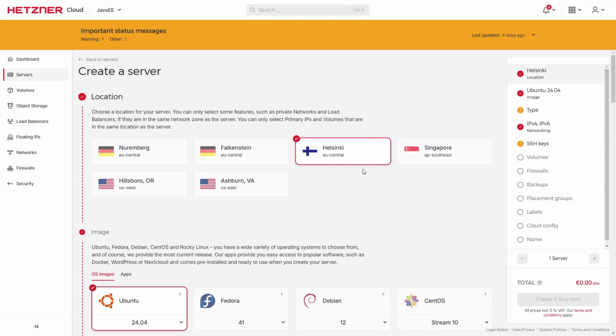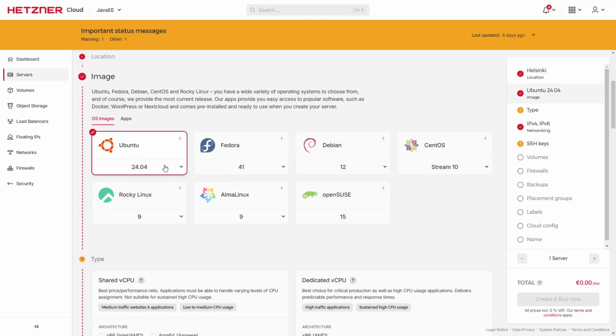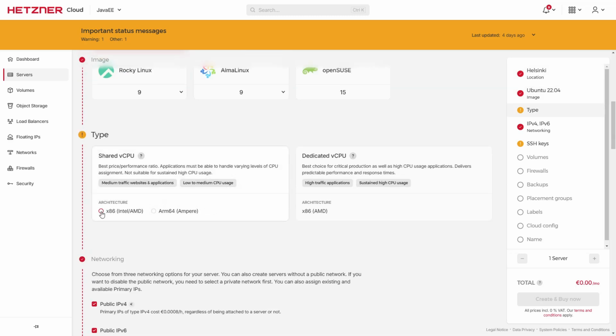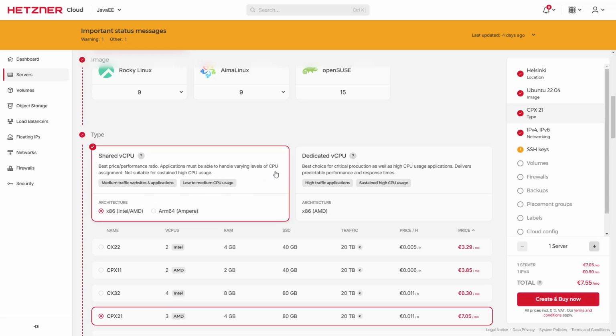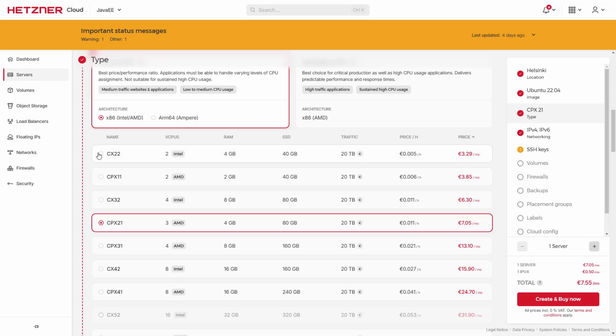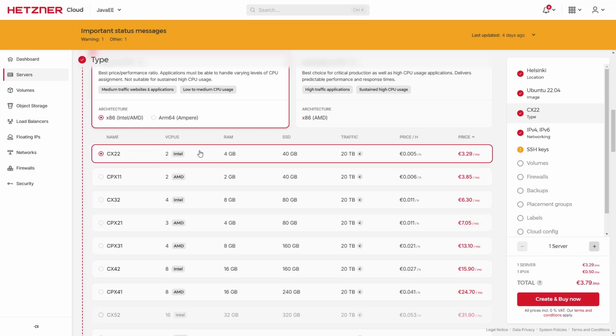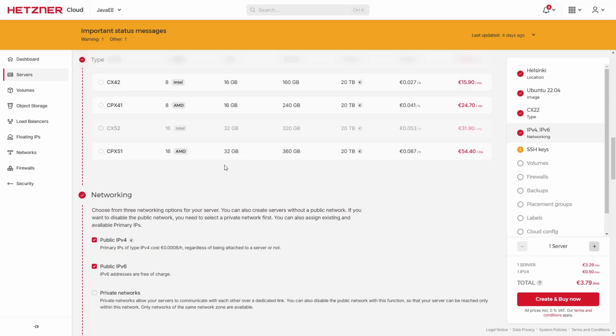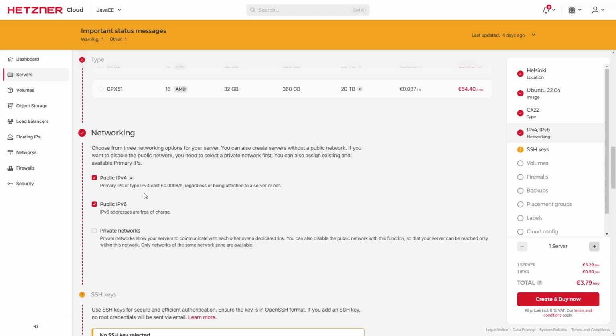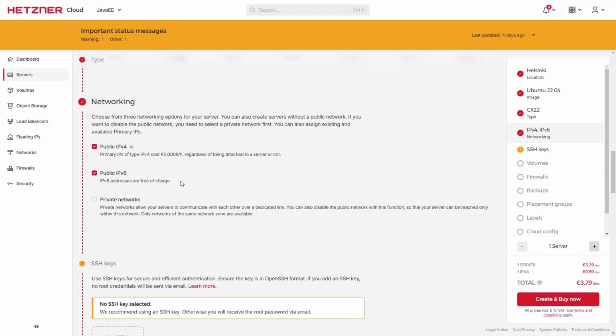So we have plenty of options, right? We have different locations where we can create the servers. I'm going to choose the Helsinki region, and then I'm going to select Ubuntu 22, and then I'm going to be selecting the Intel architecture with 2 cores and 4 GB of RAM, and I'm going to enable the public IP address, because